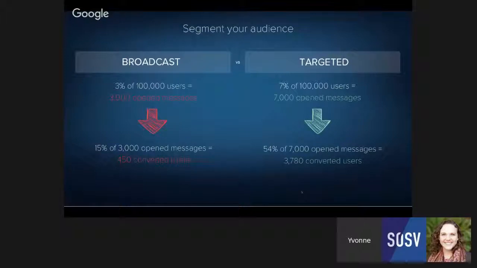So just by simple segmentation, you can actually achieve a lot of additional impact. And with segmentation, you can get really complicated really fast. There are a lot of different segments that you can create. You can create hundreds, you can create thousands of different segments. But our main pointer here is basically just to start simple and start segmenting from the very beginning. Do something basic in the beginning and see what's working and what's not, and then you can tailor your strategy from there. But the biggest takeaway here is to segment.